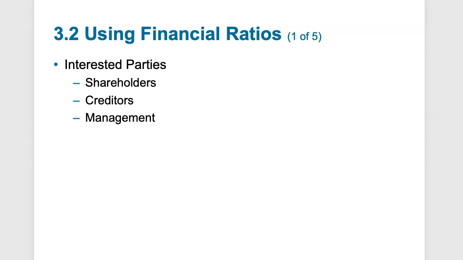Definitely shareholders, creditors, and the management of the firm are all going to try to use these financial ratios. Shareholders are going to use the financial ratios to judge whether or not they should buy more of the company or sell the company, or just get a better idea of how the company is performing. Shareholders like to focus on things like cash flow and profitability, dividends, and how that's going to affect the share price of the stock, or how they could use that to predict the future price of the stock.